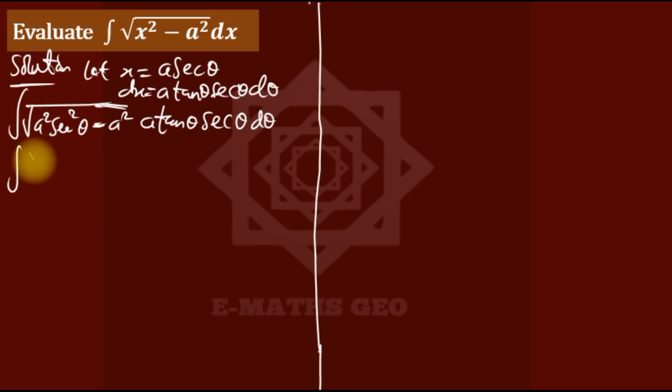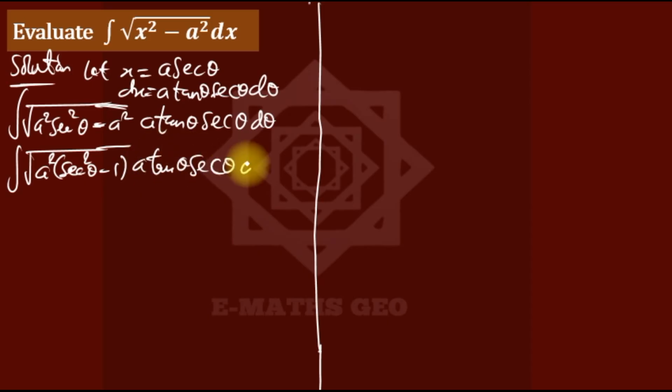So we have the integral, we factor out a squared, we have sec squared theta minus 1, times a tan theta sec theta d theta. The square root of a squared is a. This is tan squared theta from the Pythagorean identity: 1 plus tan squared is sec squared. So sec squared minus 1 is tan squared theta, whose square root is tan theta, times a tan theta